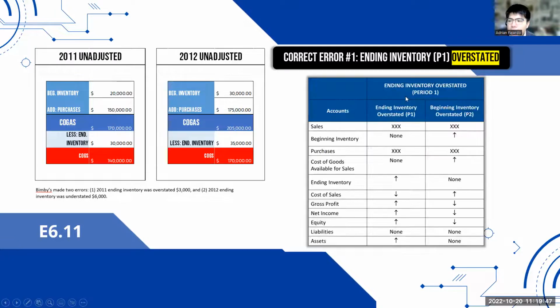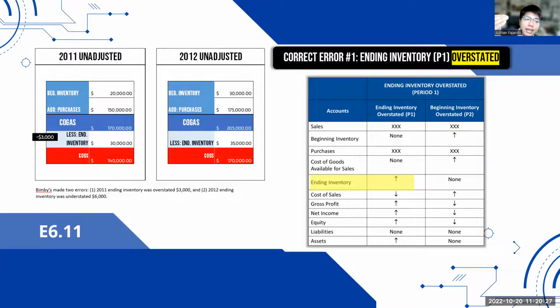So now, we know na kapag meron kang ending inventory overstatement, it actually affects 2 periods. So we basically just apply. What was the overstatement? 3,000, right? So number 1, yung ending inventory mo raw in period 1 is overstated by 3,000. So anong gagawin natin sa ending inventory? To get the right amount, we subtract 3,000. So again, I need you to understand this. Overstated si ending inventory at 30,000. So the correct value should be 30,000 minus 3,000. So 27,000 is the correct value because again,